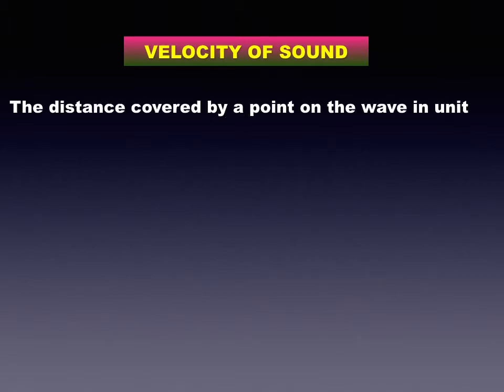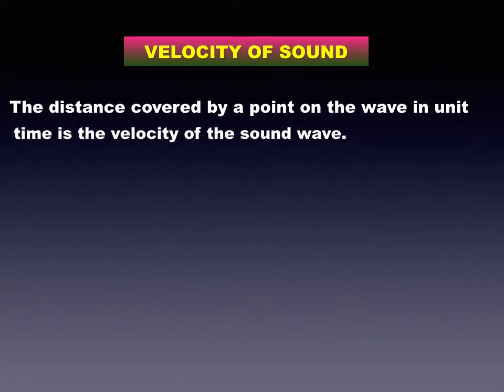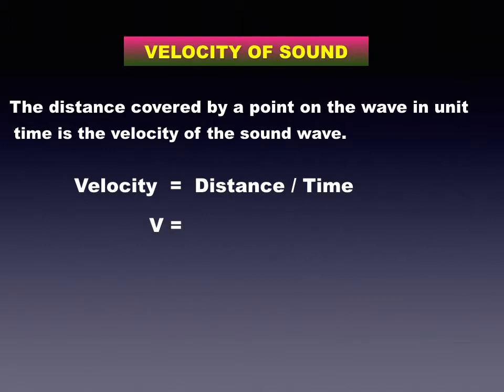Next we shall see velocity of sound. Now you can see that the distance covered by a point on the wave in unit time is the velocity of the sound wave. So velocity is equal to distance upon time. Now any point on the sound wave covers a distance equal to wavelength in time T. Thus the velocity of sound is given by v is equal to the product of wavelength and